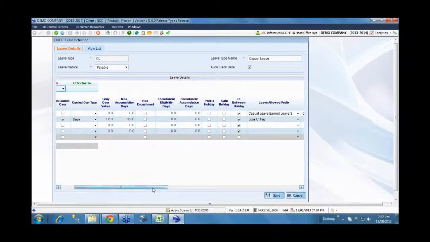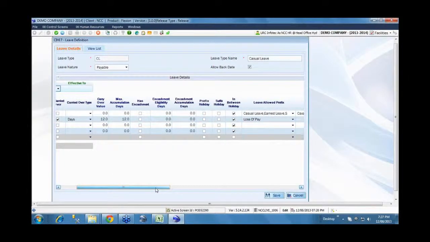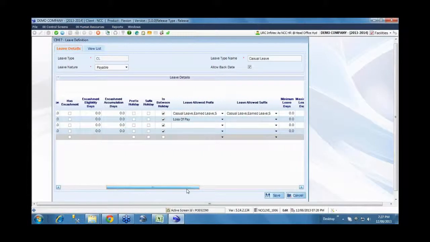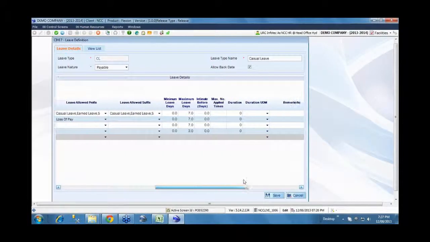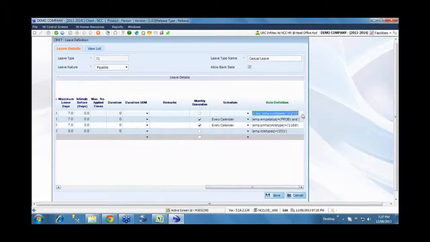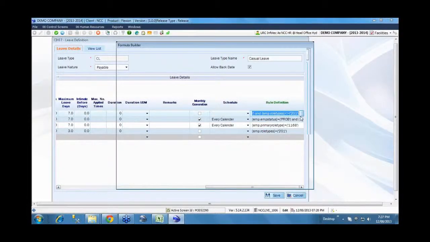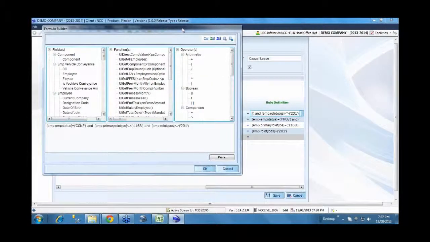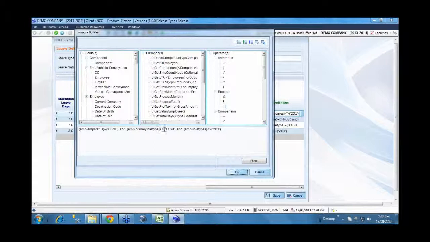All of those aspects, and for each leave, which category of employees it is applicable to and which category it is not allowed for, can be defined here. This is again a rule definition, a criteria, wherein we can specify a condition. It's not just one particular field; we can say the employee status is confirmed and his primary role type is this, and employee role type is not related to this, then for this person alone it's applicable.